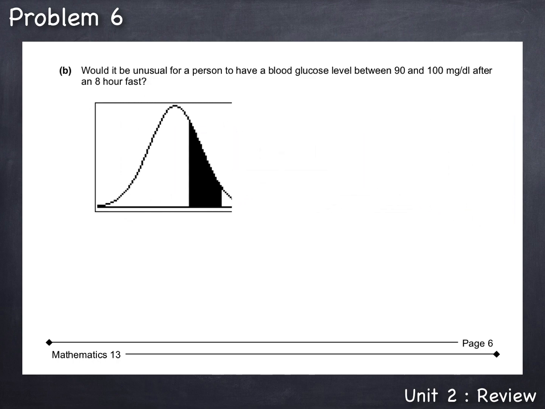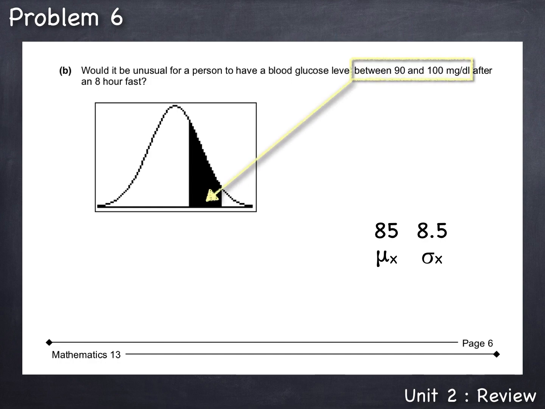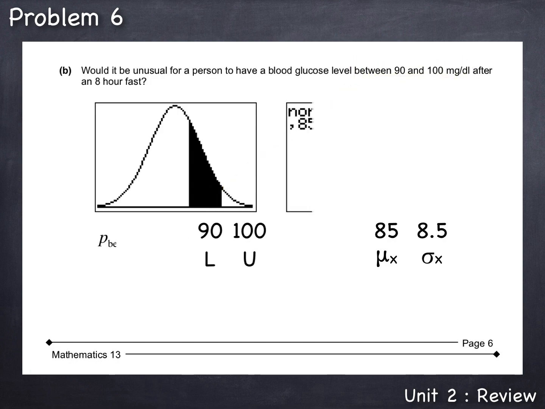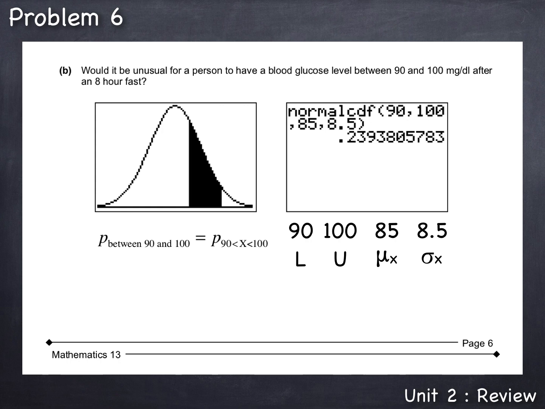We already established that the blood glucose level follows a normal distribution with a mean of 85 and a standard deviation of 8.5. So we can use the normal CDF command to calculate this probability. The lower and upper values are determined from the question. Between 90 on the low end and 100 on the upper end defines our interval. So using these values of 90 as the low, 100 as the upper, 85 as the mean, and 8.5 as the standard deviation,